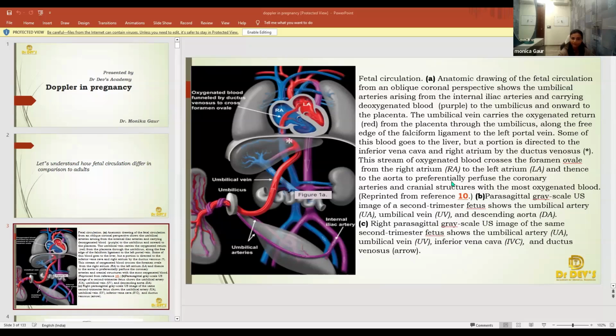If no question, I can move ahead, but if there is any kind of question, please ask here about the circulation system. Otherwise, there is no point talking about the umbilical artery, no point talking about the ductus venosus, since we do not know from where the blood is coming. Where the pressure should be high, where the pressure should be less, then how are we going to discuss the resistance index and pulsatility index? So I hope everything is clear here.